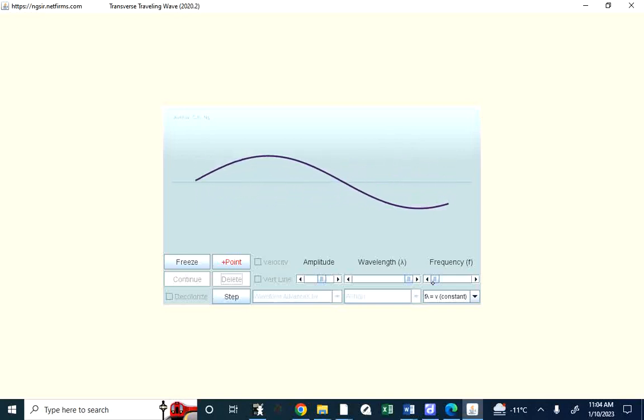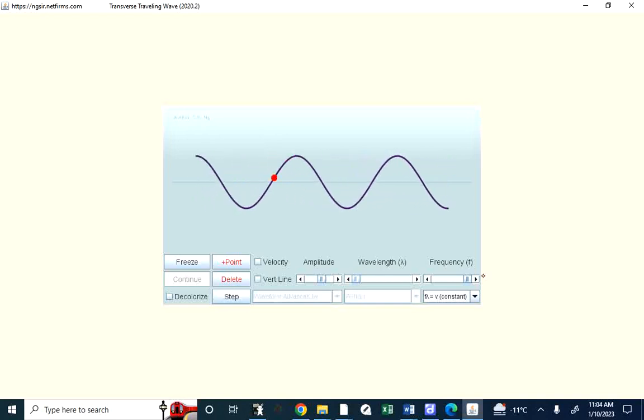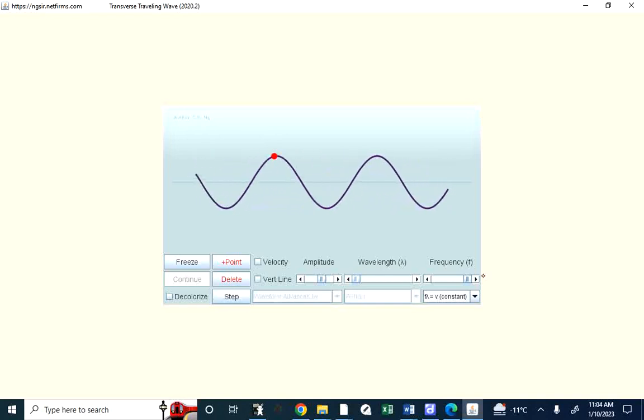the energy motion. Now, do you agree that when you look at this view with this frequency, it's easy to see that the medium is moving up and down? But it's not that easy to see that the energy is moving left to right. It's easier to see that the energy is moving left to right when you look at this, isn't it? But it's harder to keep track of that point because it's oscillating at a quicker rate. But the bottom line is that dot is moving up and down, and the energy is moving